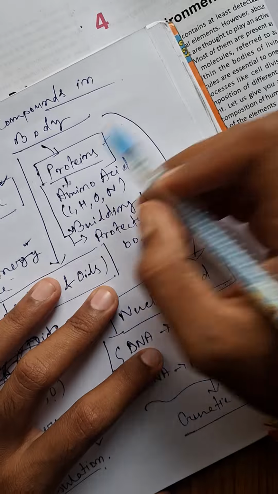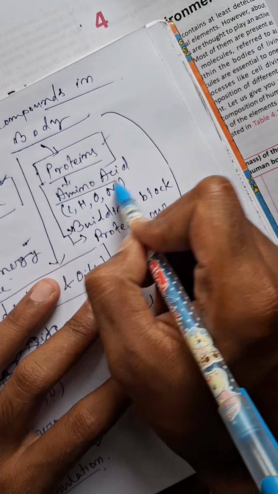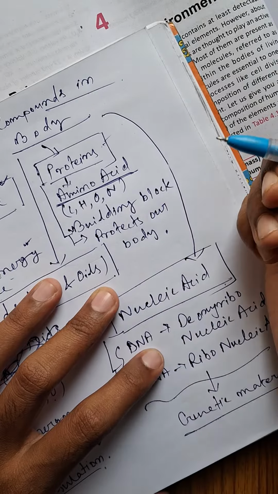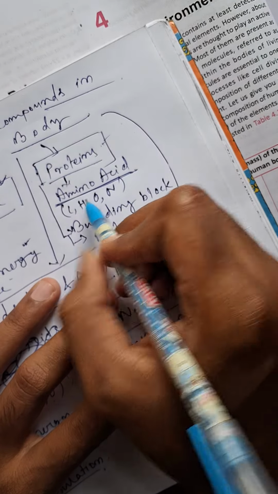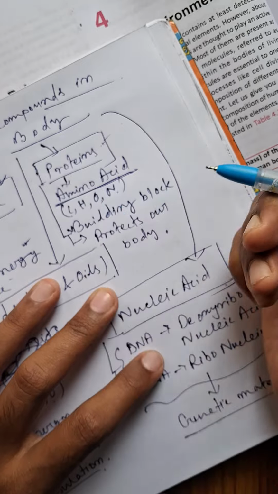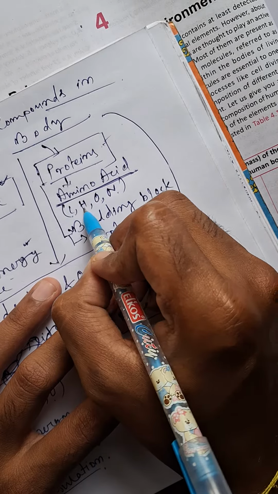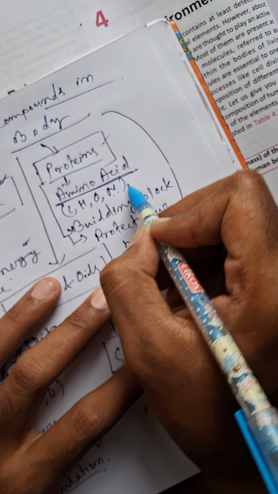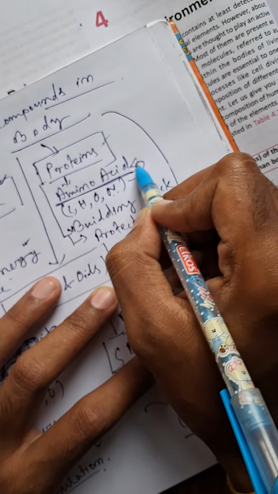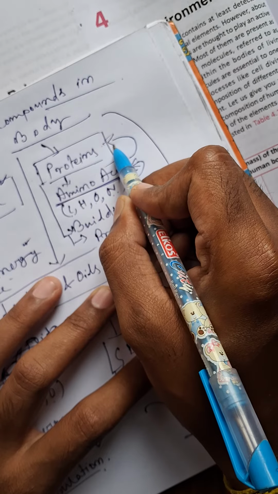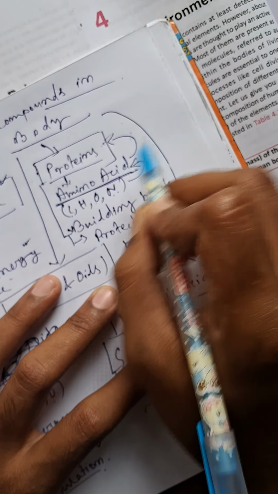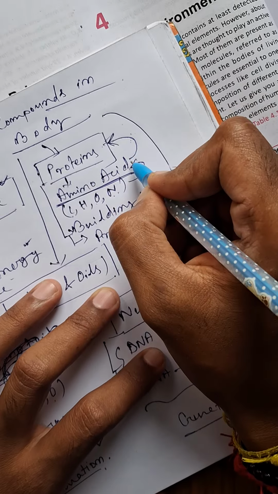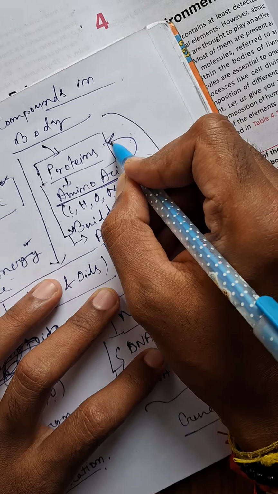Next, proteins. Proteins are composed of amino acids. The amino acid is the basic unit of proteins. This amino acid is made up of carbon, hydrogen, oxygen, and nitrogen, sometimes sulfur also. These four or five elements firstly form the amino acid, then this amino acid forms the protein. There are a few steps in between them, but you need to know this for now. So these amino acids form the proteins.